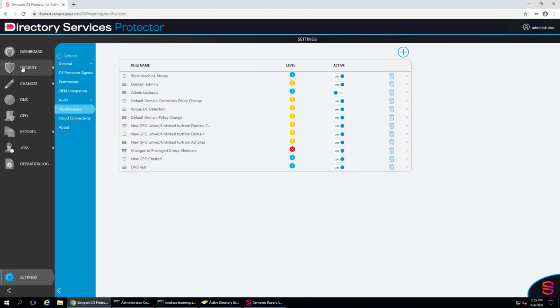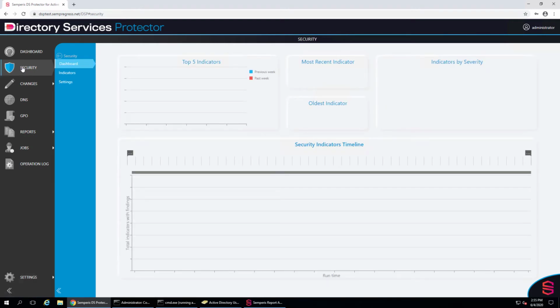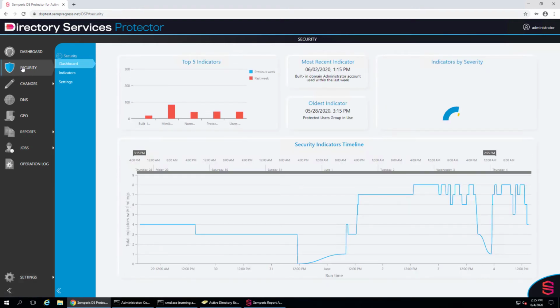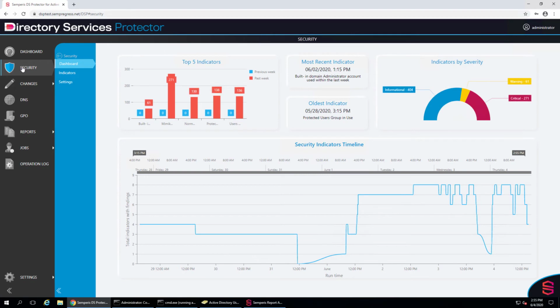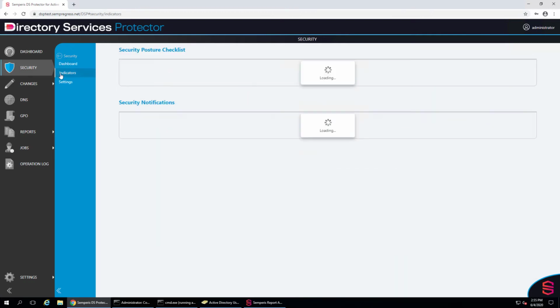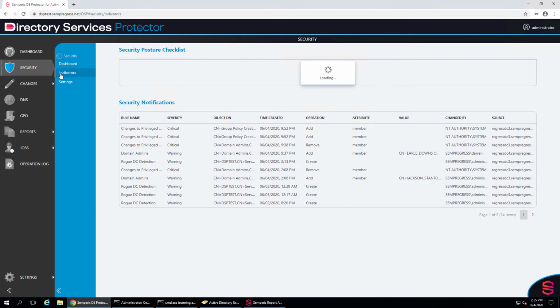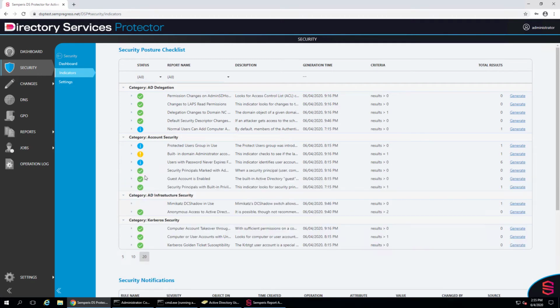Now, speaking of the security dashboard, this is another area that I'm really excited about. The security dashboard is the area where we provide security guidance, vulnerability checking of your Active Directory. This screen that you see in front of you is a sort of summary view of the most recent activity around our security indicators. If I click into the indicators, you get to see all of the indicators as they're